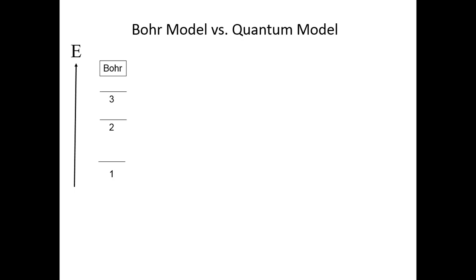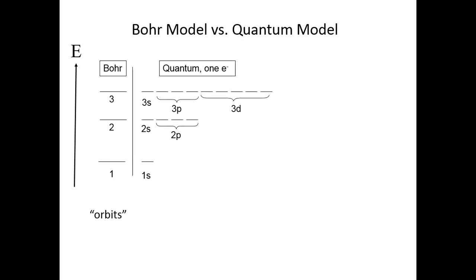These represent different two-dimensional orbits that an electron would take in moving around the nucleus. Note that this picture is not to scale. The energy gap between n equal 1 and n equal 2 should be much larger than that between 2 and 3. In chemical species that have only one electron, the energy levels in the quantum model are the same as